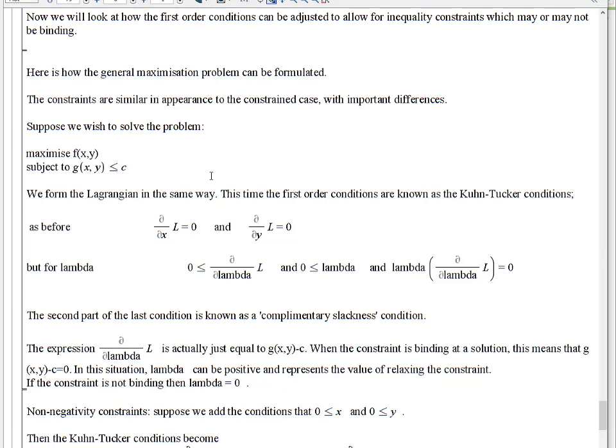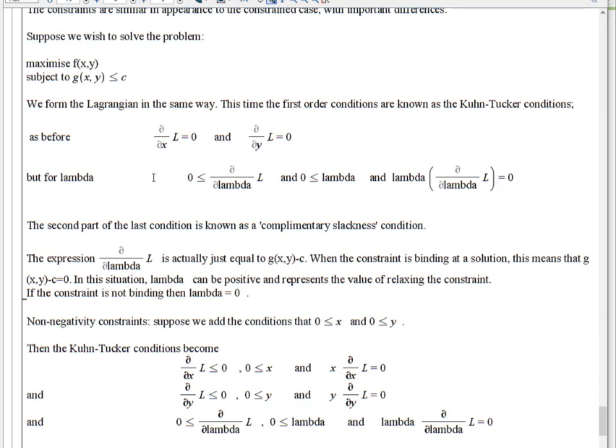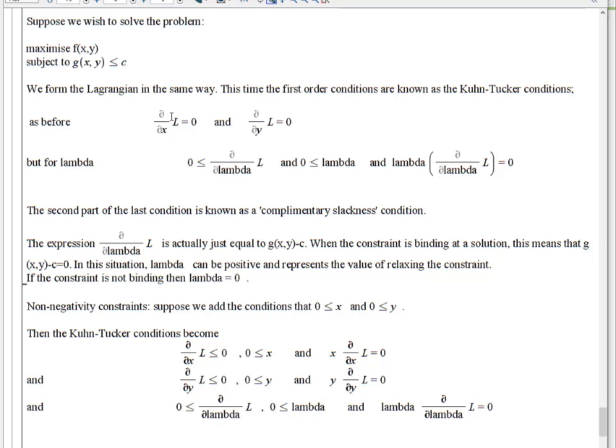So the way it's set out is this. If you want to maximize this subject to this condition, then you make the Lagrangian in the same way. And this time, the first order conditions are known as the Kuhn-Tucker conditions. And really this is one of the reasons I like to teach this, because there are just as many articles